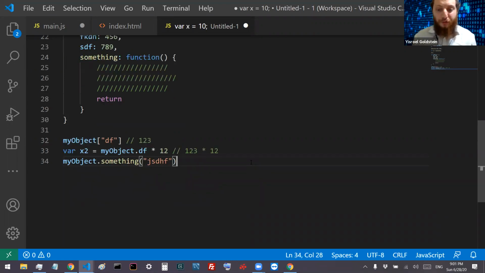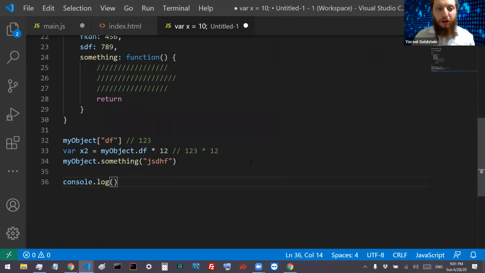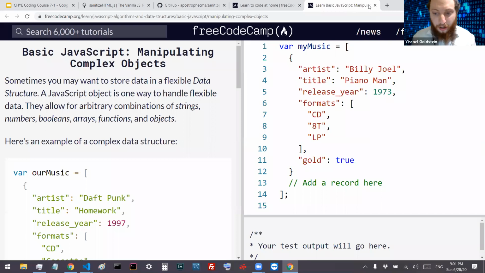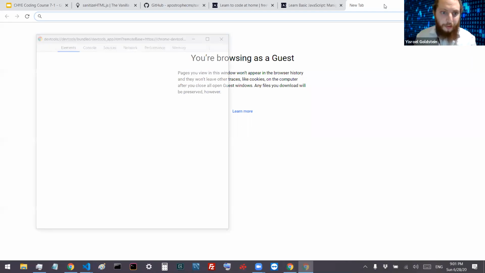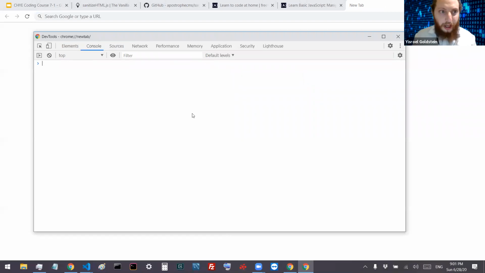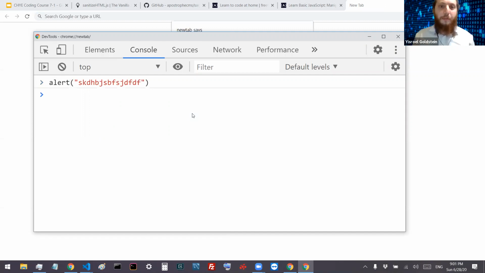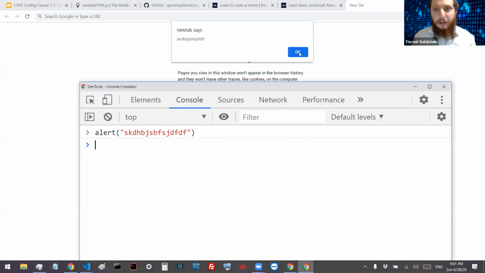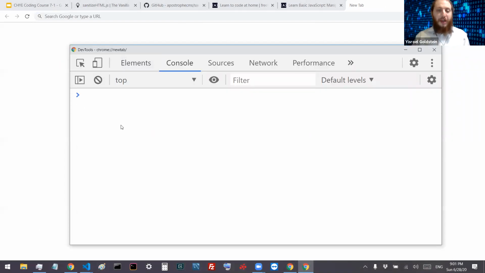And this is actually what I was showing you guys when we were doing console log. You guys remember we were doing console log, and what this does is it shows you something in the console of the browser, right? If I do F12 to open up the developer tools, and I go to the console tab. So for a long time, we were doing alert to show us something, and that always shows a pop-up, and the pop-up is in the page, and you have to click OK, and that's how it shows a message. Another, more technical way to show a message or to test displaying something that you could see is by doing console.log,